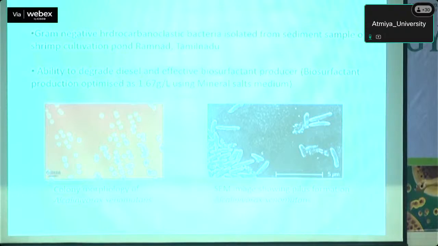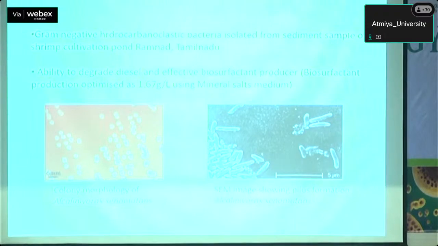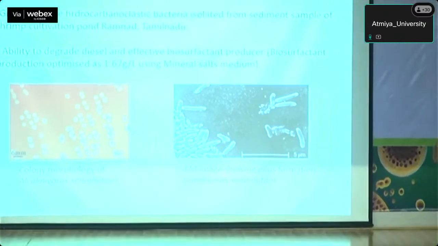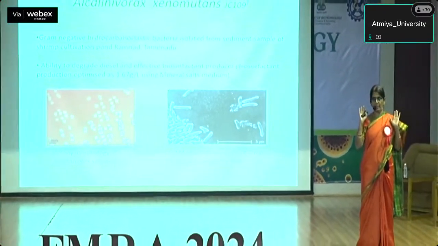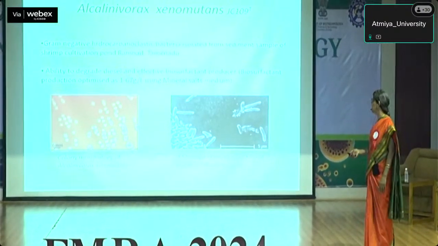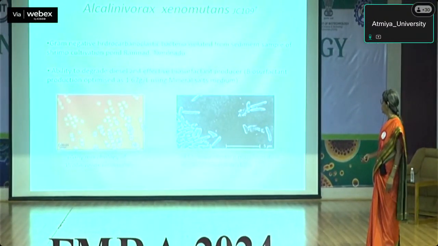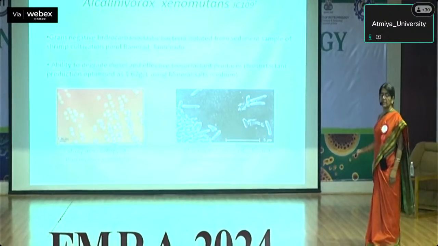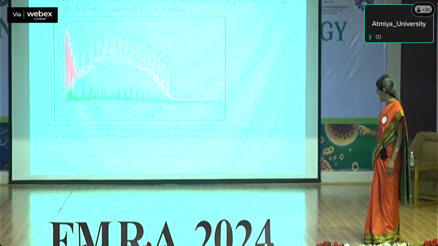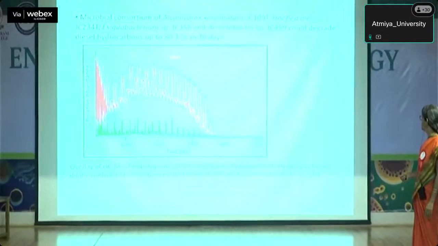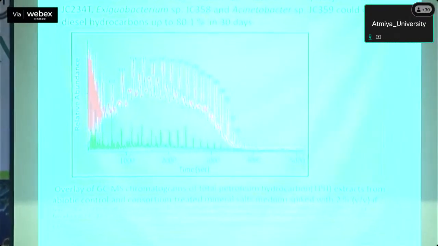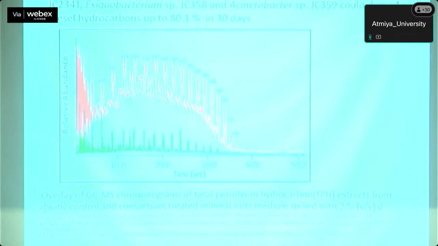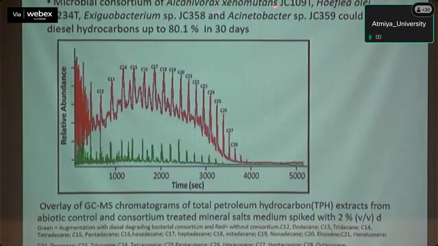The importance of this bacterium is it is capable of producing biosurfactant. So if you are adding something to make the oil miscible with water, it will get biodegraded. So along with bacteria which can degrade diesel, you also should have a biosurfactant producer for bioremediation to take place. We made a consortium with these bacteria which are capable of degrading diesel, and also this is a biosurfactant producer,